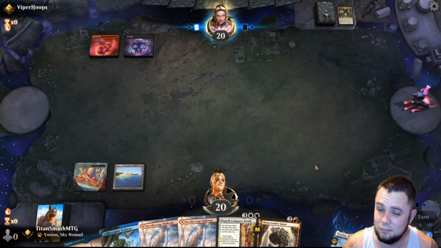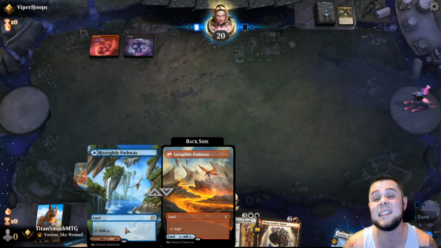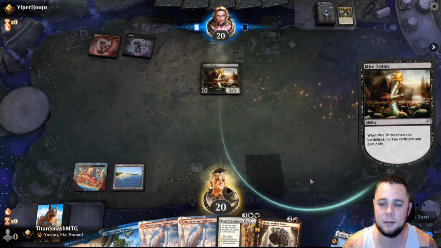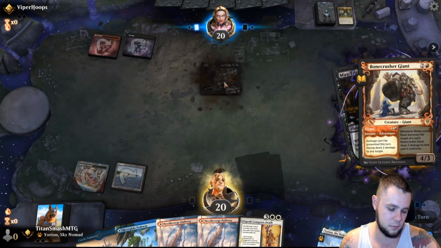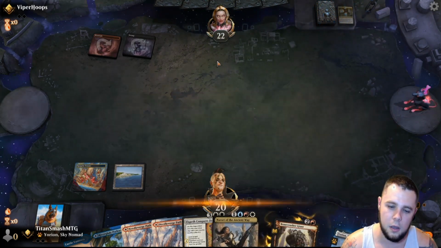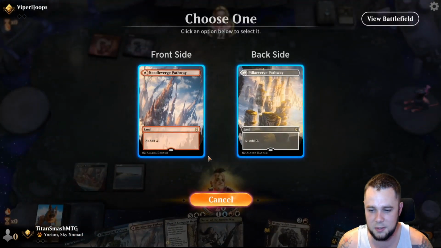More Rakdos. We have plenty of lands to discard. Plenty of lands. Okay, instead they just go with the Mire Triton. That'll eat a stomp. Let's get it out of there. Okay, Narcito. Not a bad draw either. So this allows us to go...